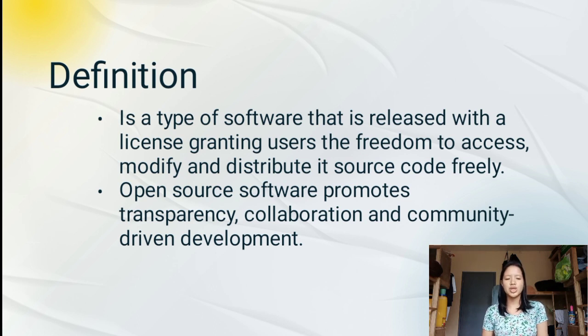The transparent nature of the source code promotes security through peer review, as vulnerabilities can be identified and addressed by the community. Open source software has fueled innovation across various domains, encouraging collaboration among developers worldwide. The vibrant communities that form around open source projects facilitate shared knowledge, peer review, and rapid bug fixes, resulting in robust and reliable software.